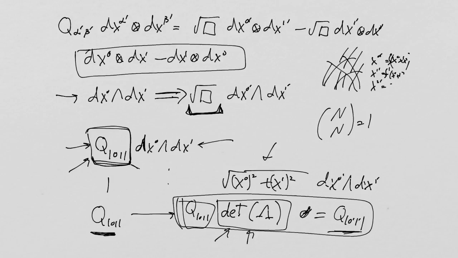I would have done the same thing. I would have formed the same partial derivative matrices as I did before, and I would have chosen the covariant one or the contravariant one, depending on which way my coordinate transformation is going. I would have calculated a lambda, I would have calculated a lambda inverse, and in the end, I would get this rule